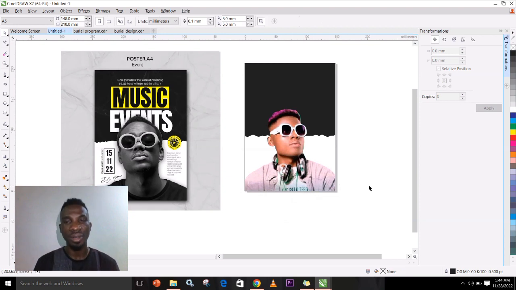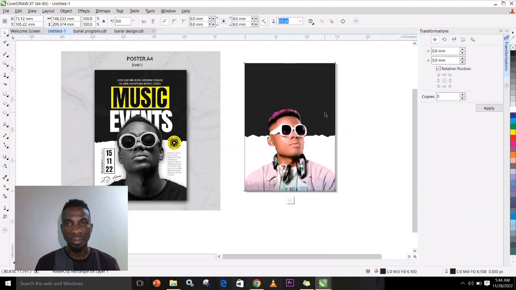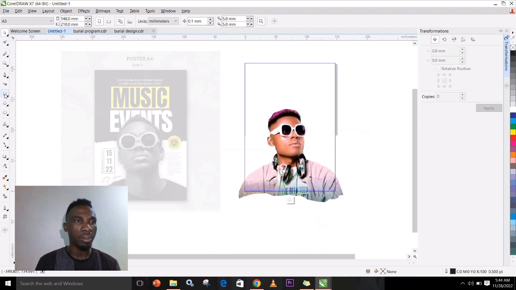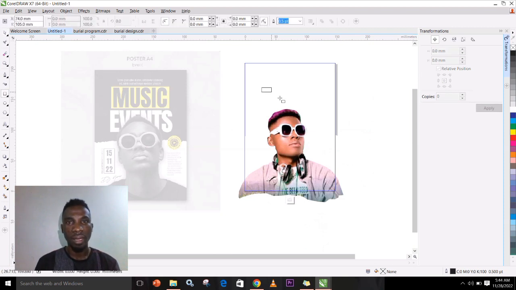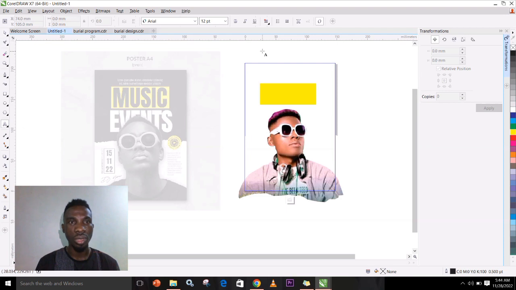Wow, I like this already. And then the next thing for me to do is the music and the event. So I will just go back into the power clip and have my red. The first one is the yellow background, and notice I'll just keep a yellow background here, and I'll pick my text tool and type